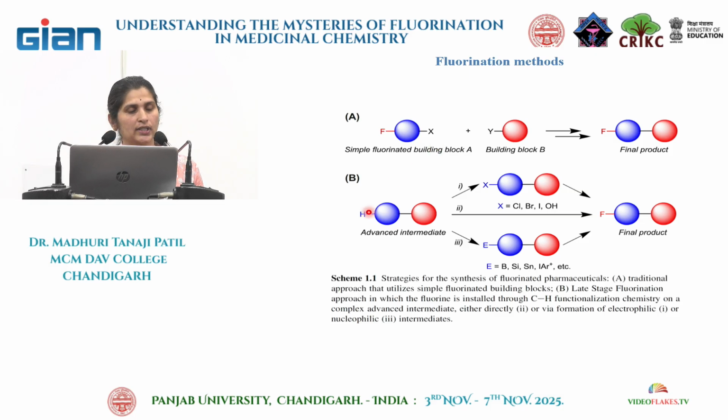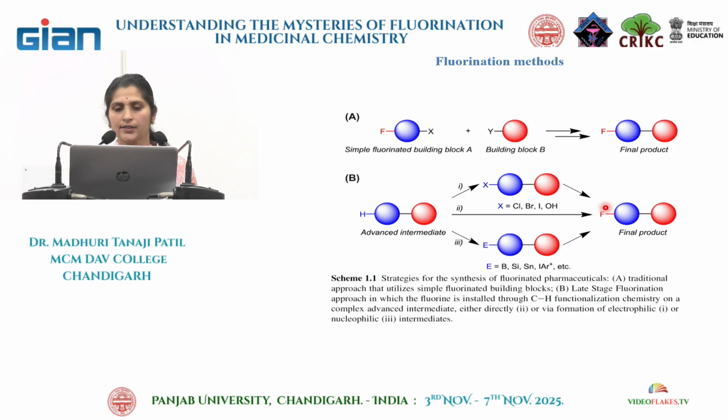Another approach is called the advanced method. In this method, we have our desired pharmacophore, since you are students interested in drug discovery, so you have a molecule and somehow you can replace this CH with fluorine. You have many reagents which directly replace this hydrogen with fluorine, and we are going to see that. Another way is to convert this H into some other functional group, like halides or OH, and then do fluorination. For this path A, you need a reagent which is a source of F minus,